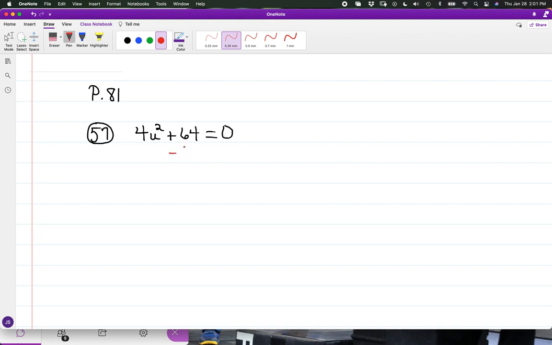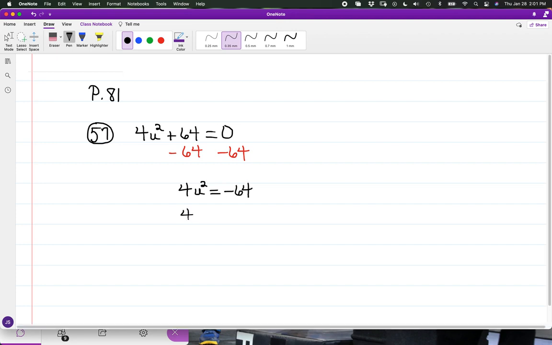To get this term by itself, I can undo the addition by 64 by taking 64 away from both sides. So in the rewrite, I have 4u squared is equal to negative 64, and then isolating u squared, upon division by 4,